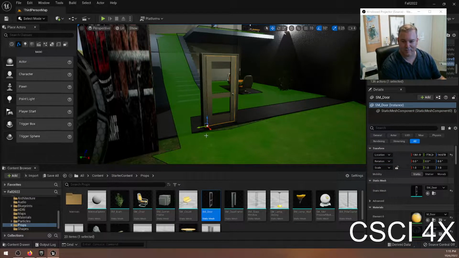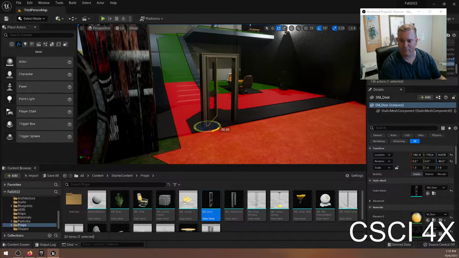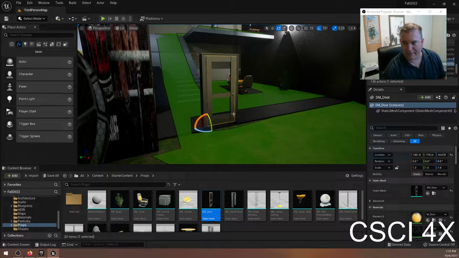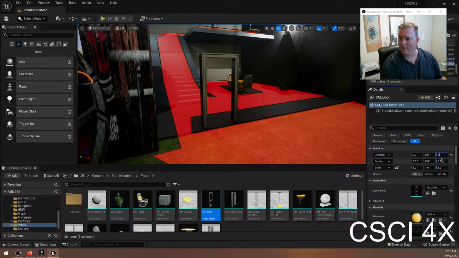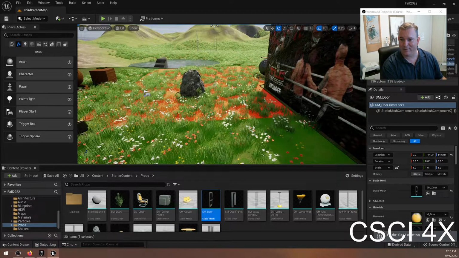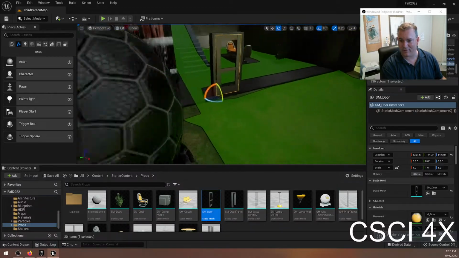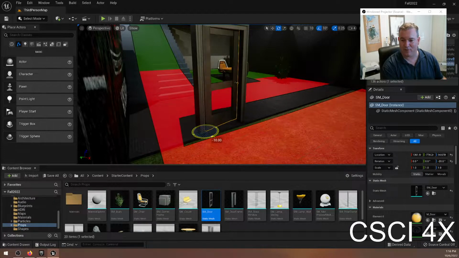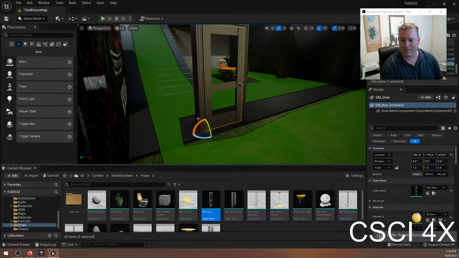The pivot point is the place where a mesh rotates around, and it's really important to understand that there's something called a world coordinate system where every object has a location in world space. If I set this door to be 0, 0, 0, it appears over at the Velociraptor over there. But it also has a location in its local space. So this door has its own local space where X is this way, Y is this way, and Z is this way. And the pivot point is a little white ball, and that is the point that it will rotate